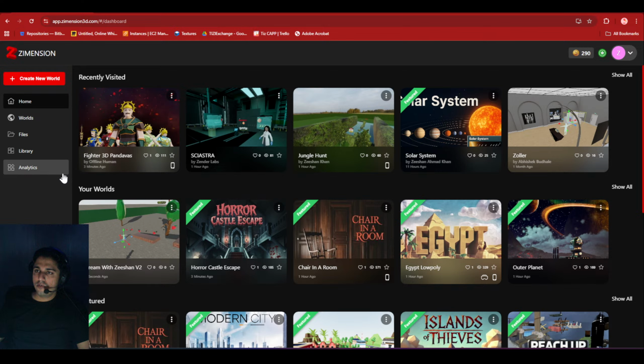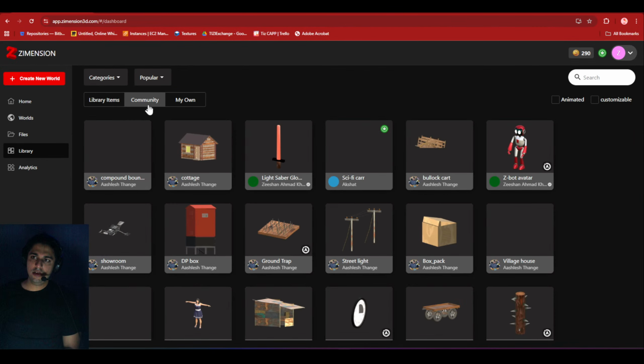Okay, so I want to show you another feature which may or may not be helpful in the game jam, if you have 3D assets. We have this library and we have the community library.